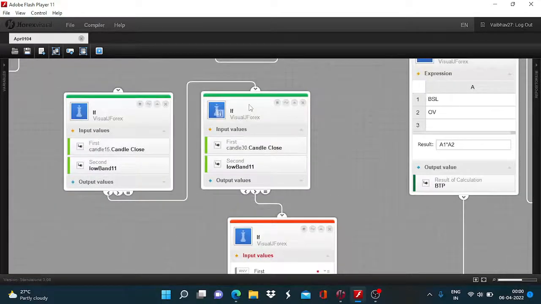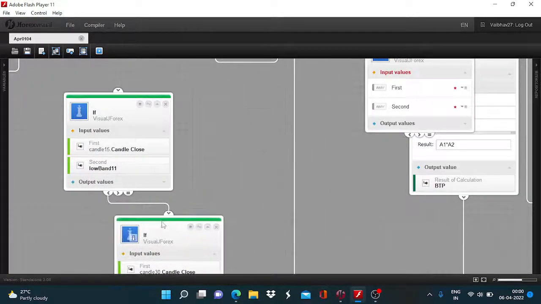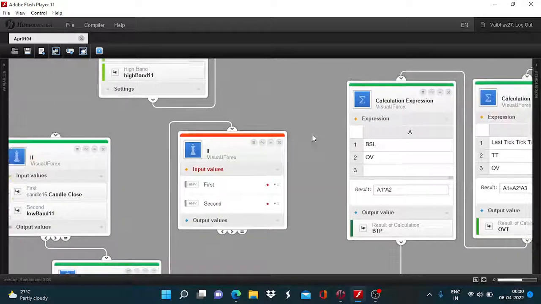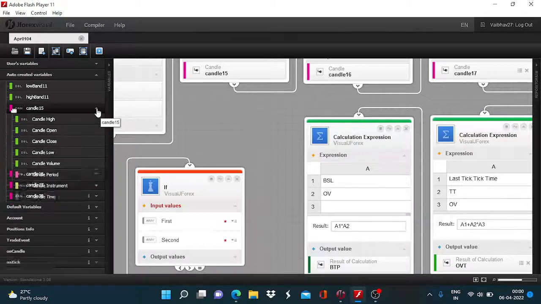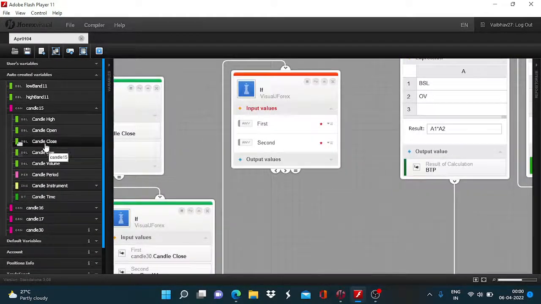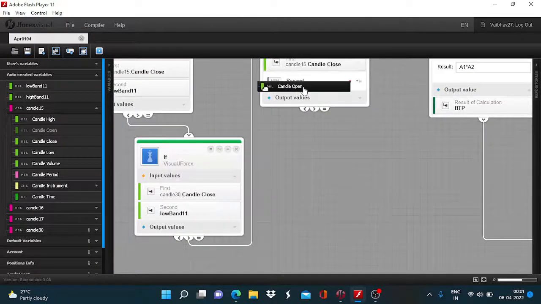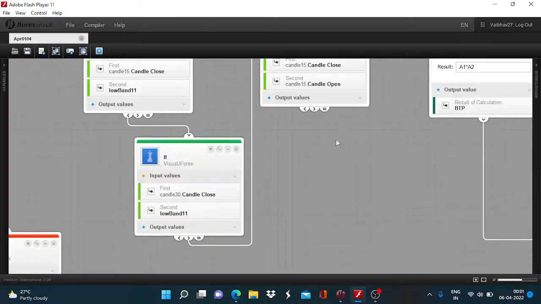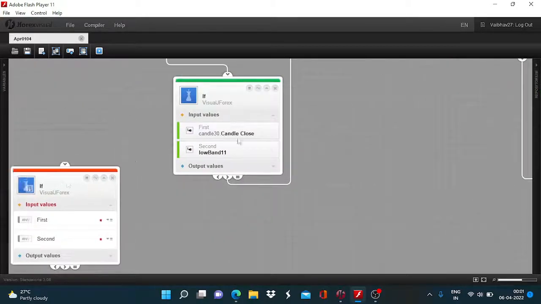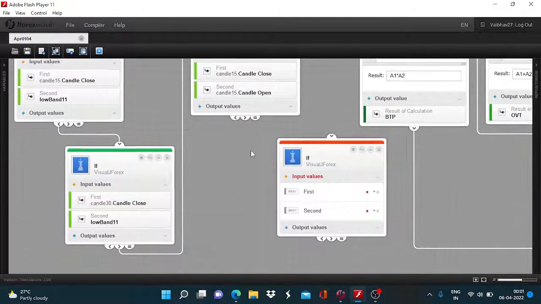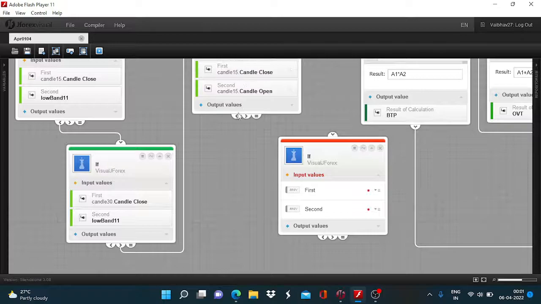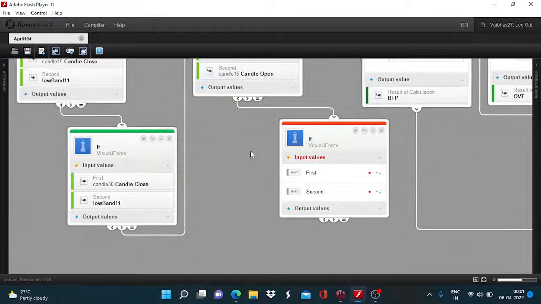Okay, and we need to make sure that the candle 15 candle close was below the opening price, so we consider candle 15 candle close and compare it to the opening price. So here first input less than second input,